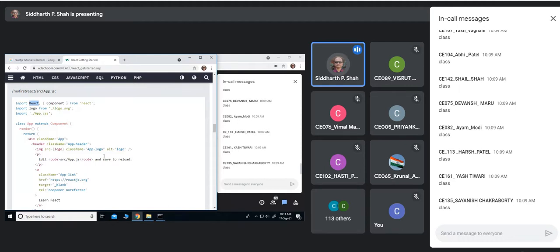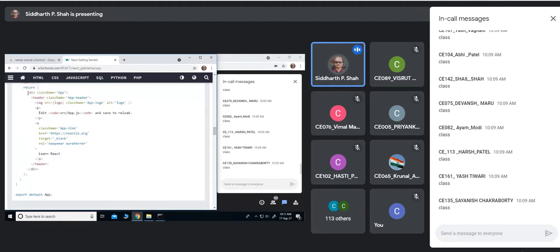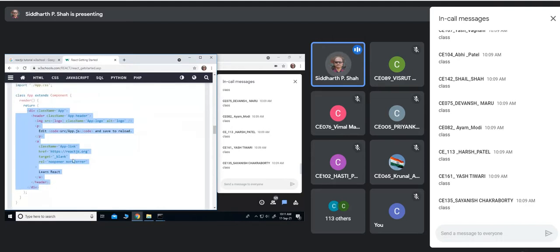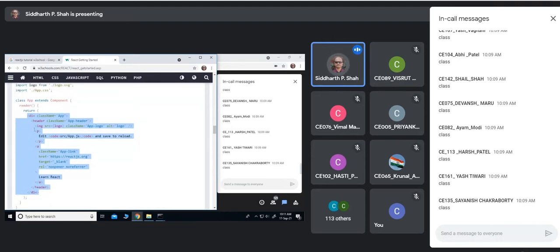Because ultimately, when you do something like this, you are trying to return HTML code from a JavaScript function. This is a JavaScript function within the App class, isn't it? This is nothing but the render method within the App class, which returns something like HTML. And this is nothing but JSX. But if you do not want to do it this way, fine, you can do it with the help of the React library directly, like React.createElement and all those things. But this is an easier way to do the same job.